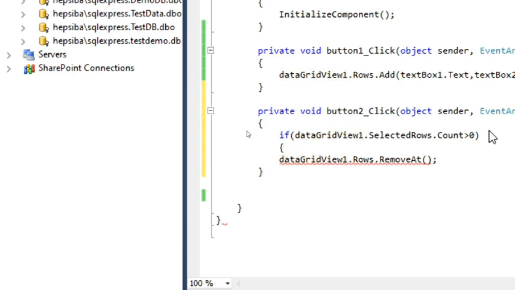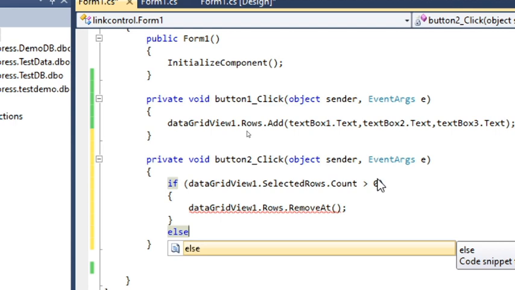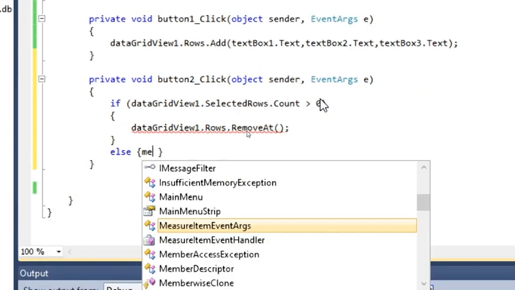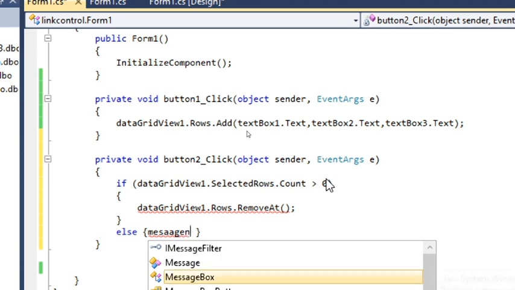Otherwise it must go to the else part. Else, what we should get, some message box I will give. Message box, it's already there in the list.